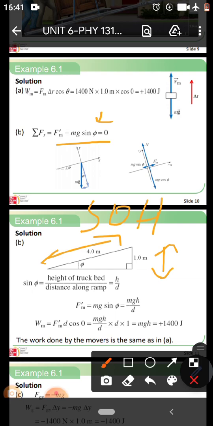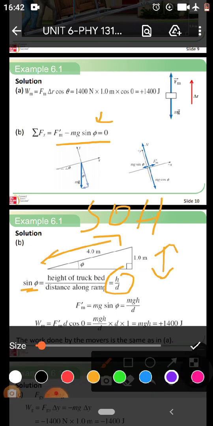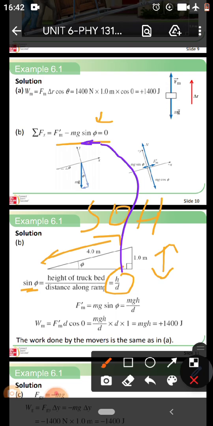Instead of sine theta, we put these values into the equation up there. So this is what we obtain. Working out here, they obtain this equation. And now, remember from the equation of work, we need to put the force there. So when you do that,